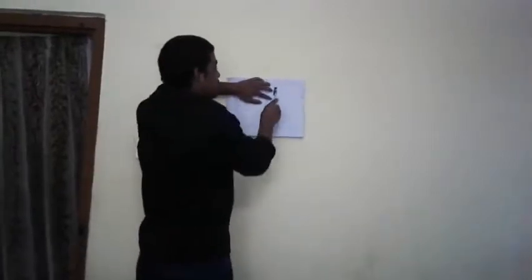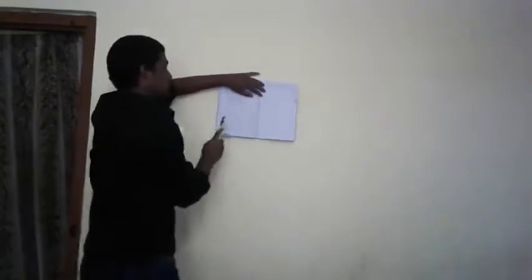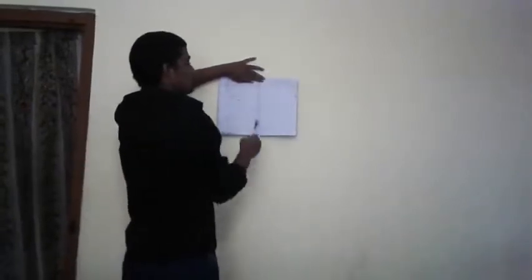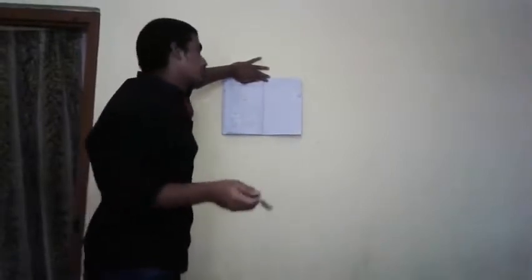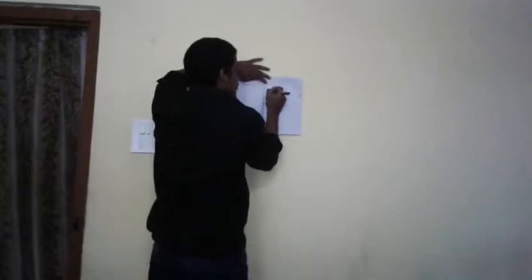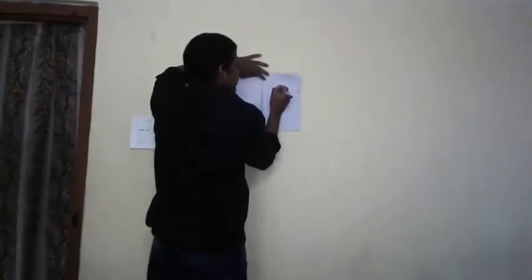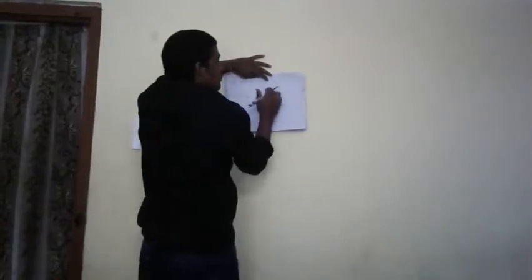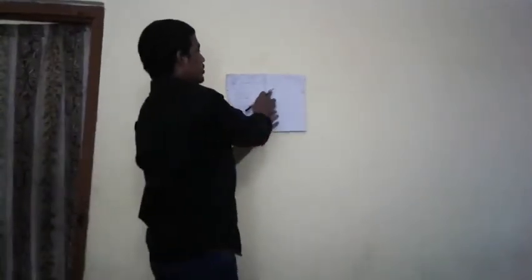So this is another way to find R equivalent in a parallel circuit. How do we calculate the energy in a resistor? To calculate the energy in a resistor, we have the formula E equal to the integral from minus infinity to infinity of V I dt. So this is the formula used to calculate the energy in a resistor. So this is all about a resistor.